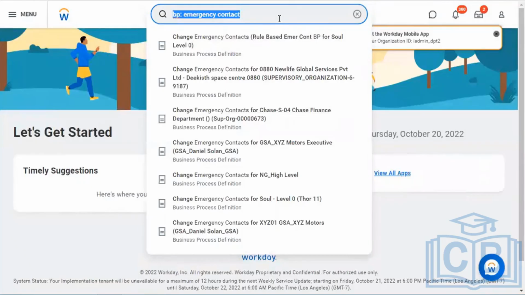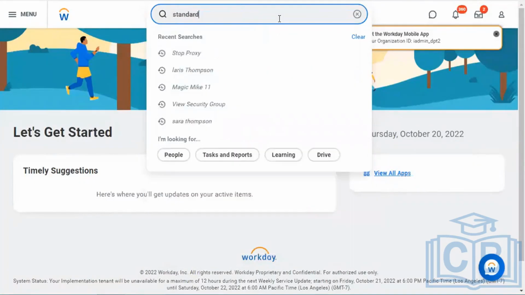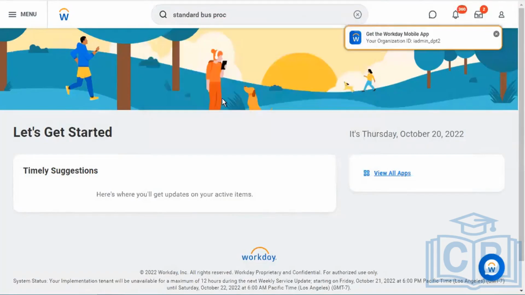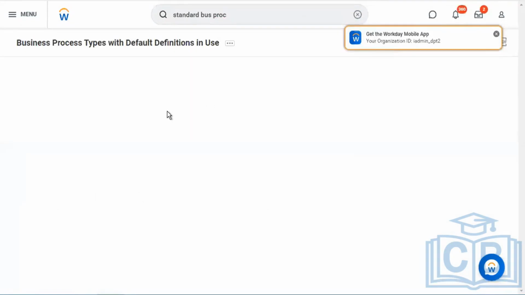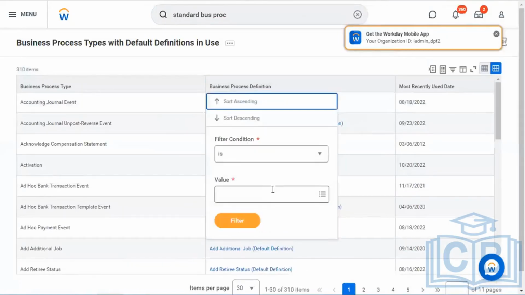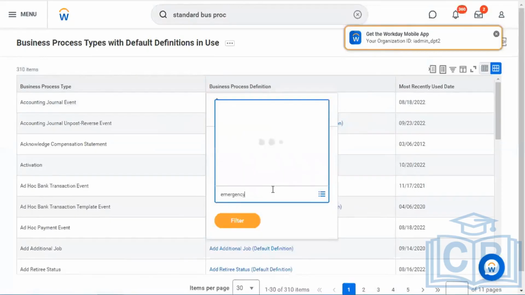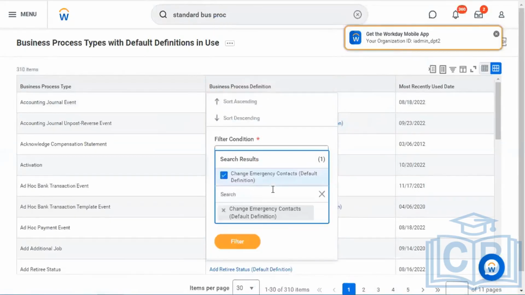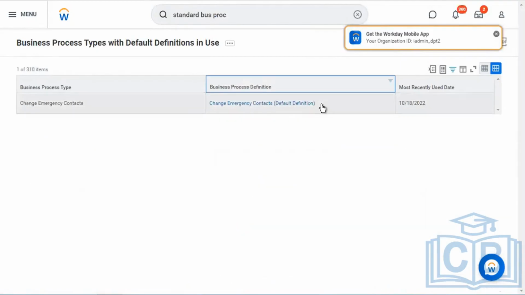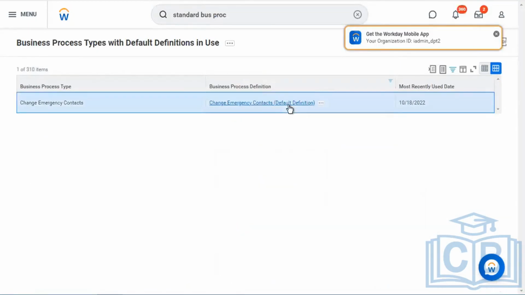What we will do is, you can see contact. We look into the business process policy for it.